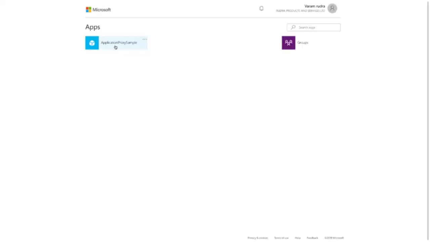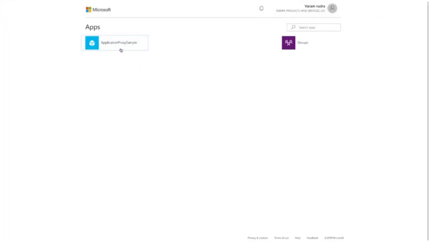See, I can see here application proxy sample. If I click on it, it should redirect me to the login page. And you can see here, I'm using an external URL, not the internal URL to reach that site. Okay. Of course, you might face some problems because for the first time when you are accessing, it might take some time because the request need to be routed through App Proxy Connector and all those stuff. Once you register the application and provide access to somebody, just wait for a few minutes and then launch the application. Okay, let me close this and launch it again.